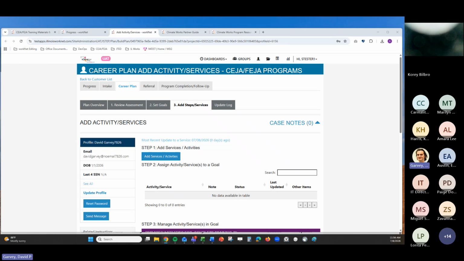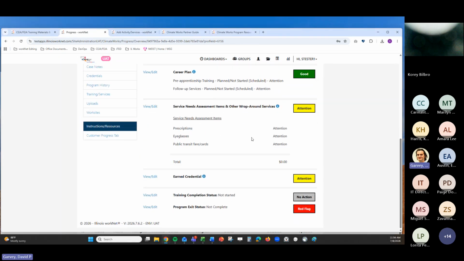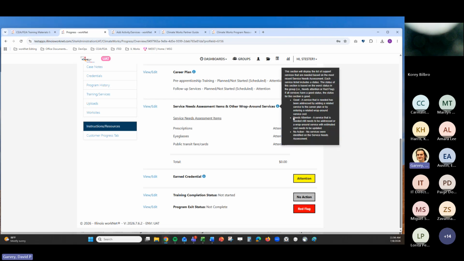But what should be happening, as far as the flags go, while I'm looking for this, is on the progress page, when either the corresponding service is added or the cost information is added, it should be pulling through here, either with that number or, service item's been addressed. If it's still yellow, then that is, unless there's an issue with something else, but if it's still yellow, that would be because